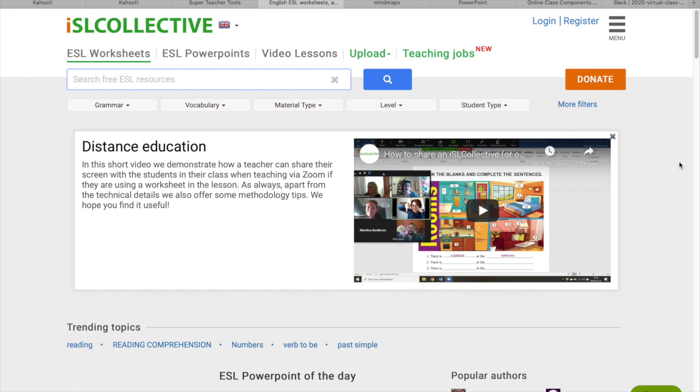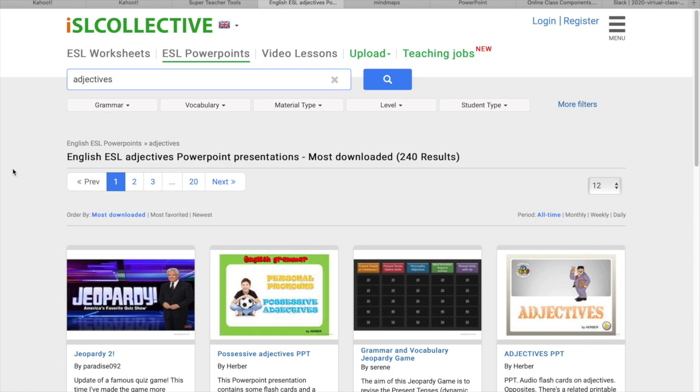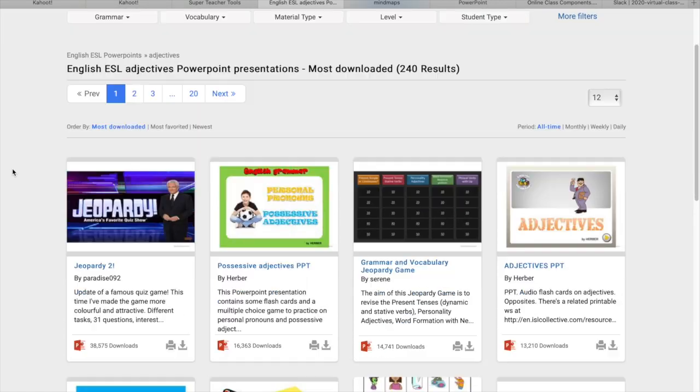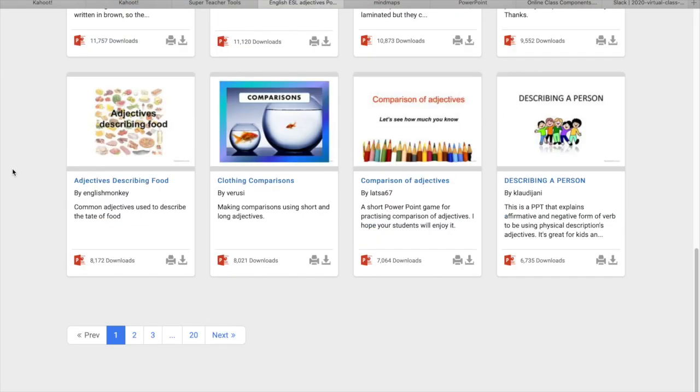Content here is created by teachers who upload, share and collaborate. From the options you can see there's ESL worksheets, PowerPoints and video lessons. We're just going to take a look at the PowerPoints. From the options here you can narrow down your search or you can just put in a keyword and find lots of content that's already created for you or templates that you can edit yourself. Next we have